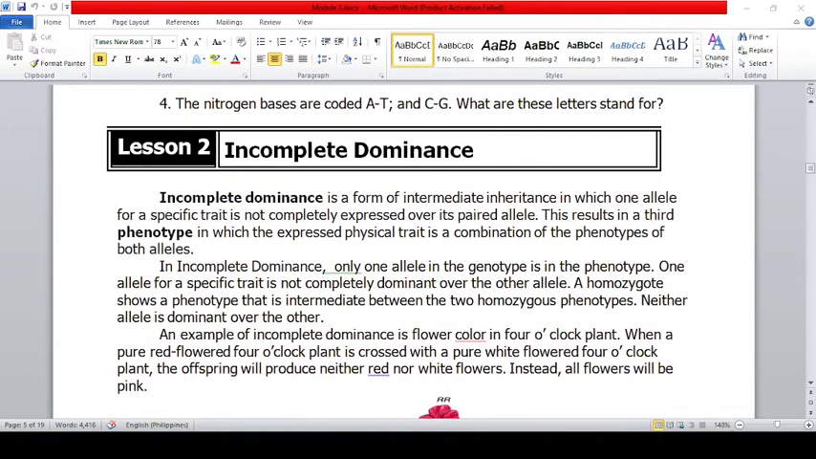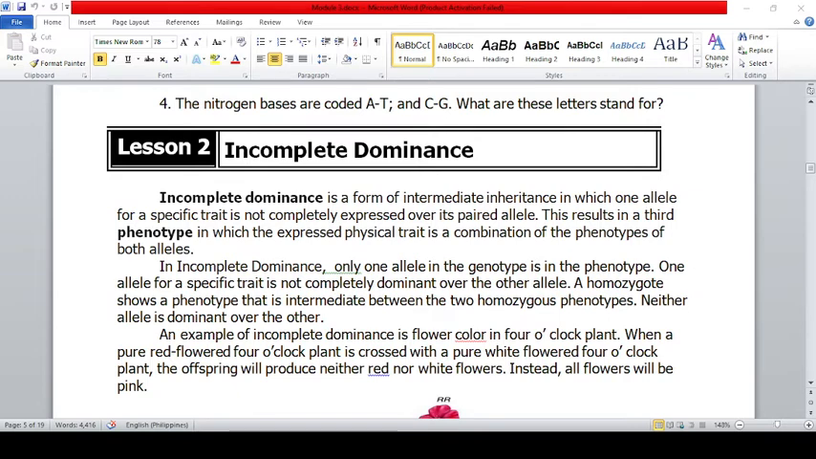Let's proceed with the Mendelian inheritance. The first topic for Mendelian inheritance is principles of incomplete dominance. So, ano ba kaya itong incomplete dominance? I hope you're reading too while I read some of the important notes you have to remember. Incomplete dominance is a form of intermediate inheritance in which one allele for a specific trait is not completely expressed over its paired allele. This results in a third phenotype in which the expressed physical trait is a combination of